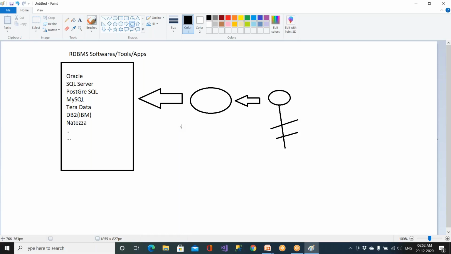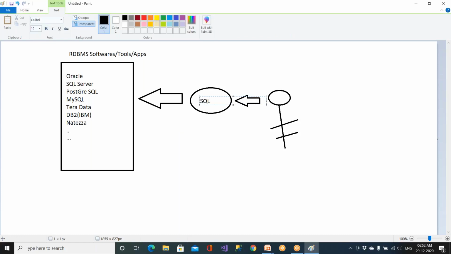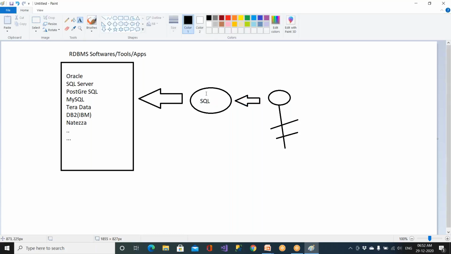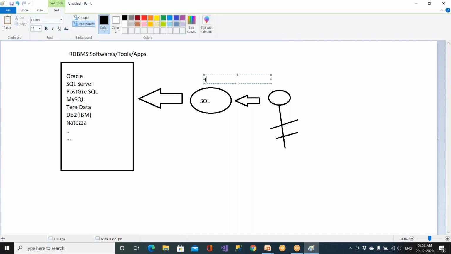And today we should be able to learn a language. Language is called as SQL, Structured Query Language. Structured Query Language we must learn. Clear? So this language was initially developed by IBM company in 1970.